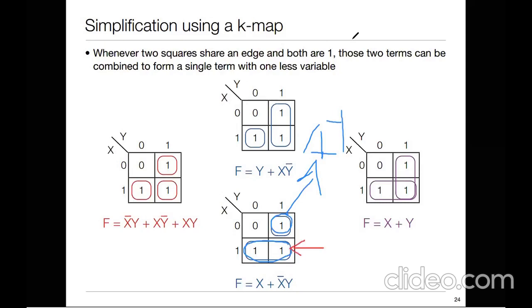Now if I see the pair, this one I will keep as it is because it represents x. And with respect to the pair, this is 0, this is 0, this is 1. So both get cancelled, and what is retained? X will be retained. So the final expression will be x bar y plus x. Again, further I can simplify this expression.